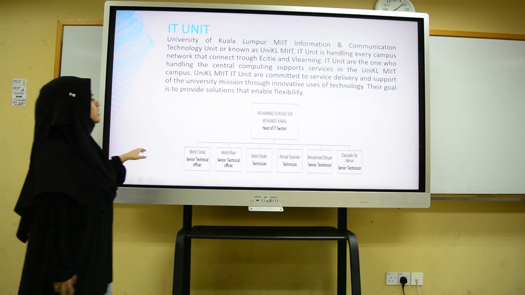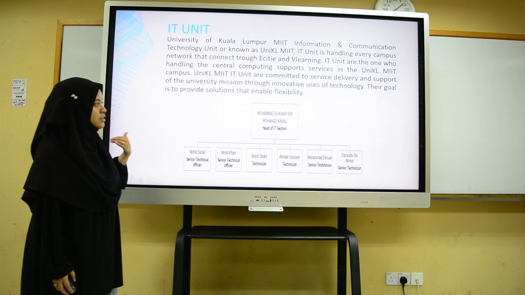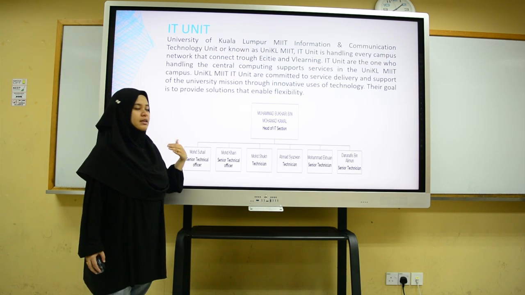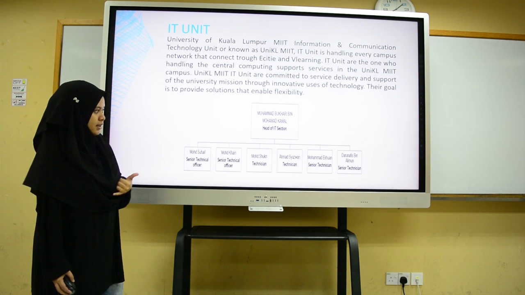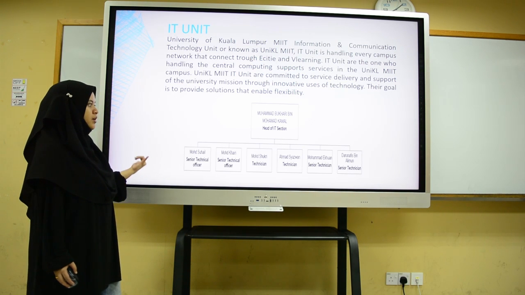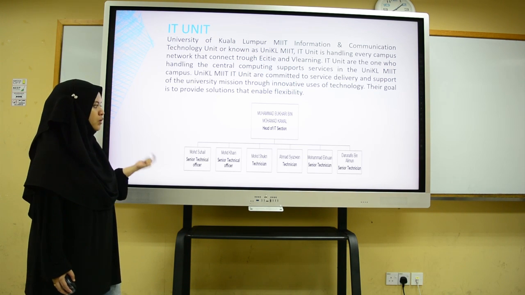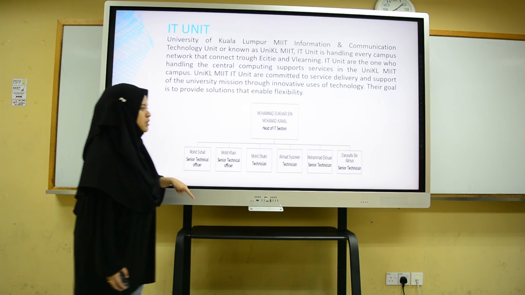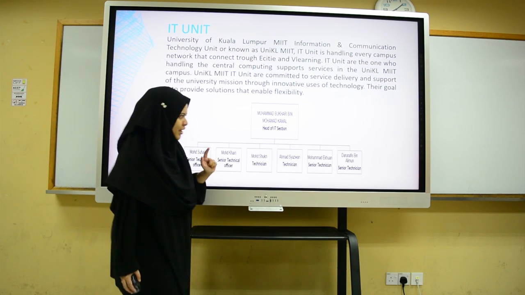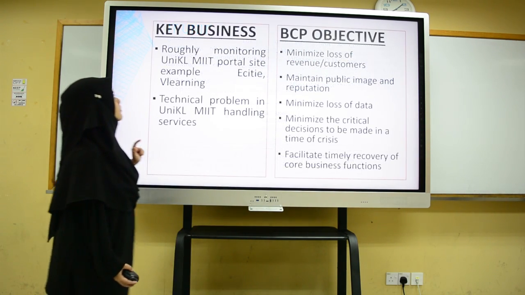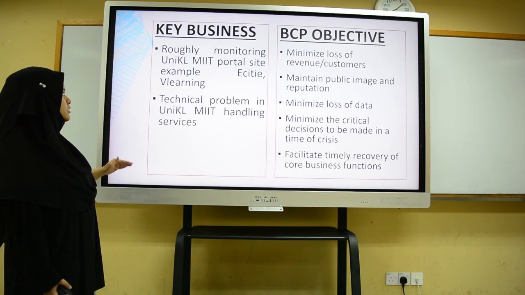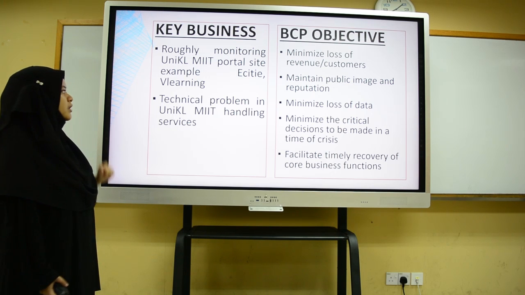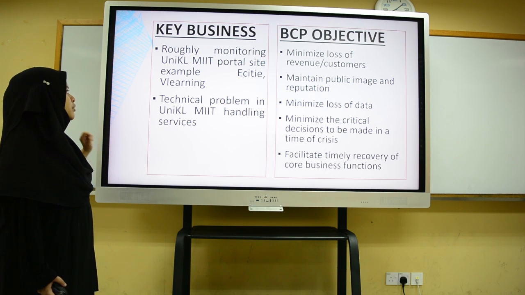The IT units' head of section is led by Mr. Buhari, or Sir Buhari. They have only 6 partners or members below him, which are Muhammad Suhail, Muhammad Hairi, Muhammad Shukri, Ahmad Shazwan, Muhammad Iskuan, and Darul Nafis. Their business key is roughly monitoring the UniKL MIIT portal sites, for example ECT, e-learning, and handling the technical problems in